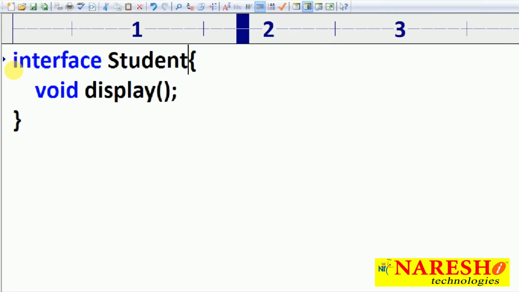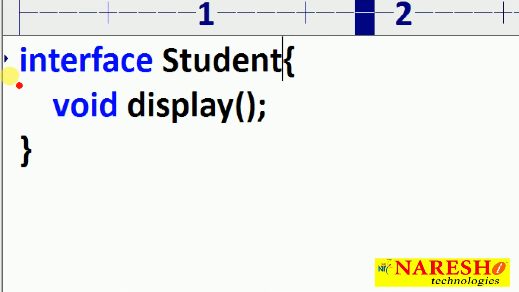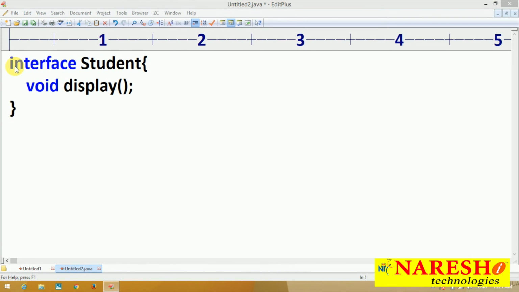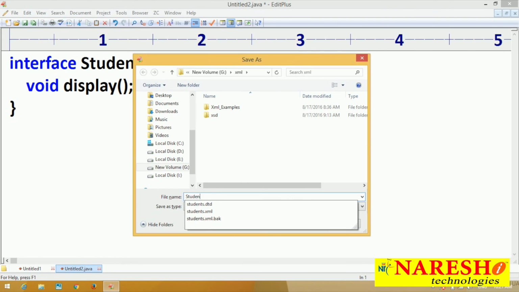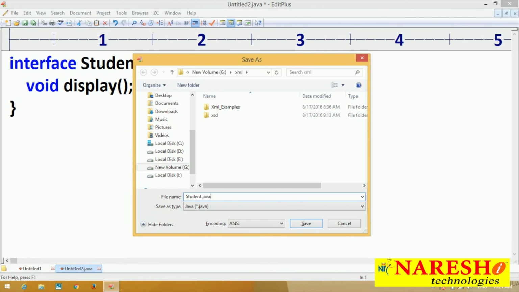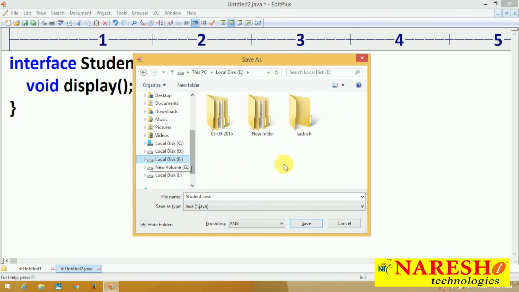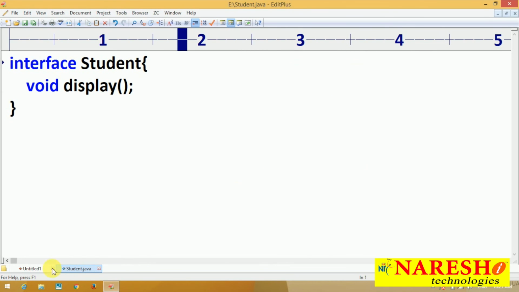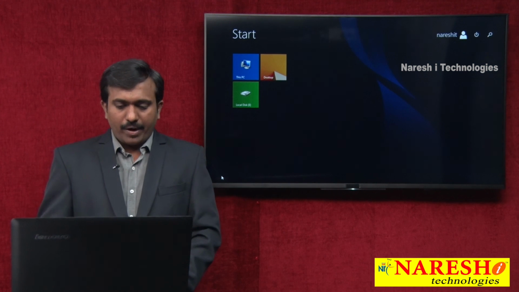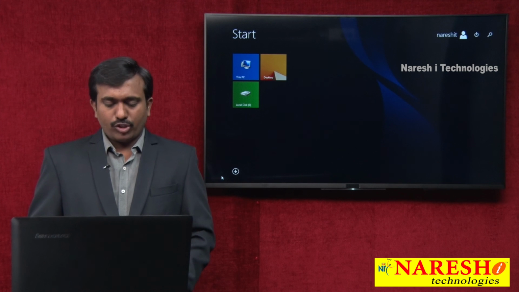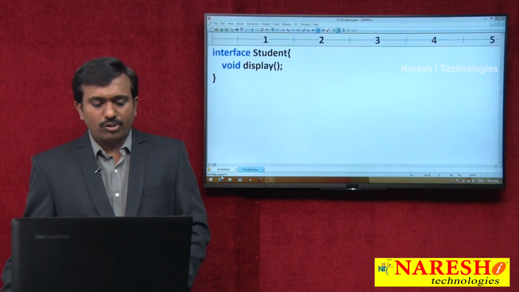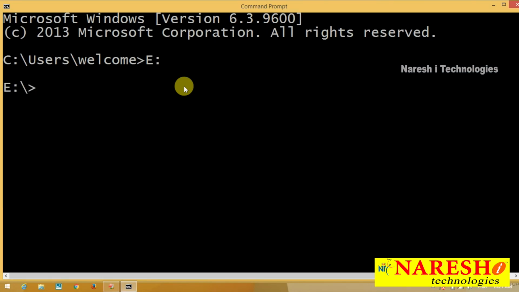But internally this method is public as well as abstract. So check once. Save with the name Student.java. Here I am saving in E drive. Then check by compiling. First compile the Student.java file.